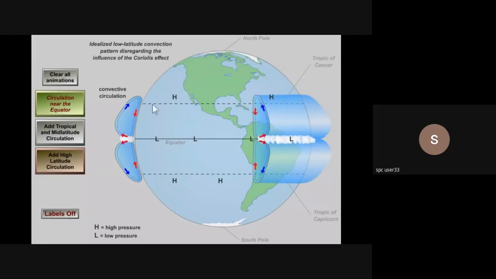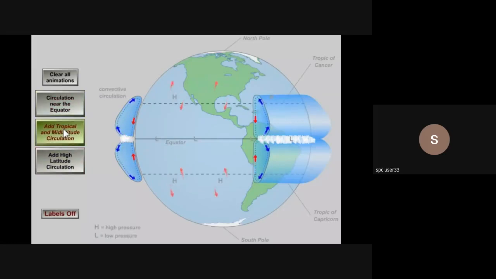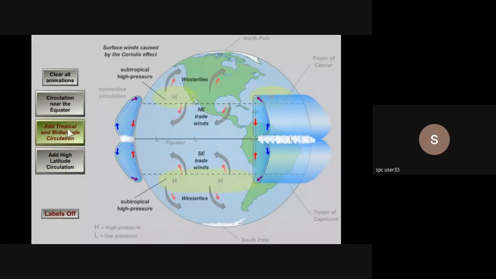Now, as this air circulates and tries to flow back toward the equator along the surface of the Earth, or as some of it heads toward the North Pole or toward the South Pole, the Coriolis effect, the spin of the Earth, causes it to bend and turn, and it's going to create the two big wind belts that prevail on our Earth, the trade winds, northeast trade winds and southeast trade winds, and then the prevailing westerlies. Now these winds curve because of the Coriolis effect. The winds curve to the right of their path north of the equator. They curve to the left of their path south of the equator, and they end up flowing from east to west or from west to east.